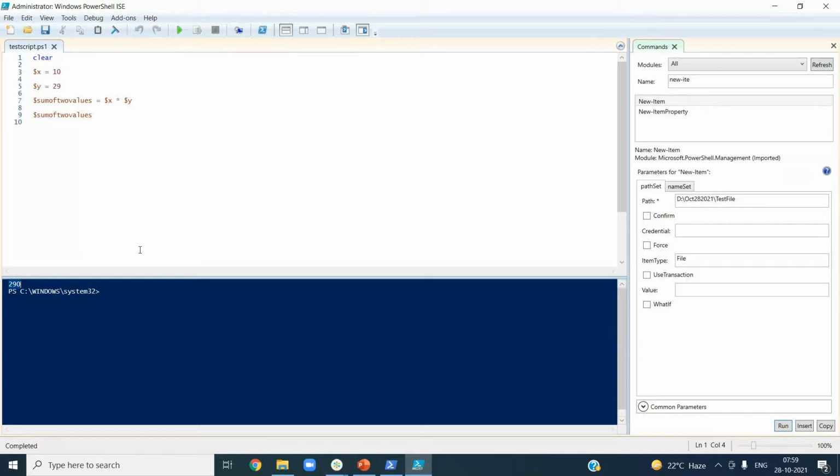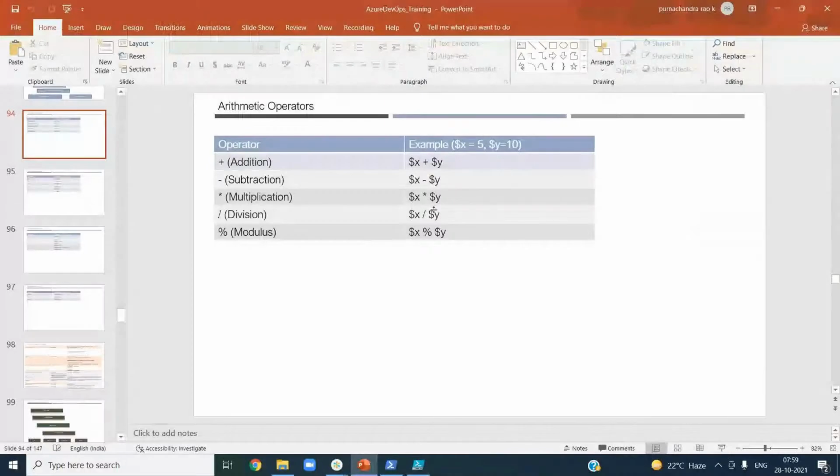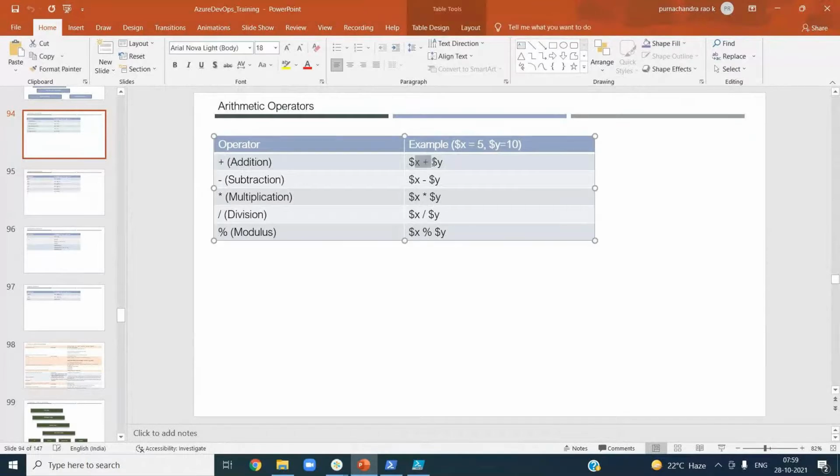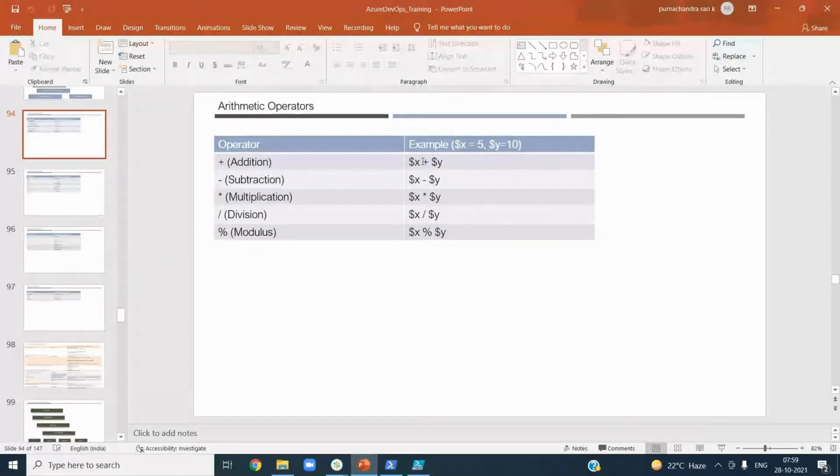Okay, so here the key takeaway is not about how you are doing plus or minus, everybody knows it, and it's common sense, right? Here the key takeaway is that either you can combine everything or you can keep these spaces, still it works. But my preference is always to give the spaces for better readability.